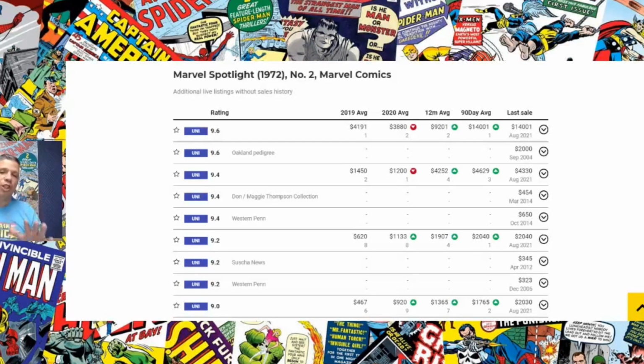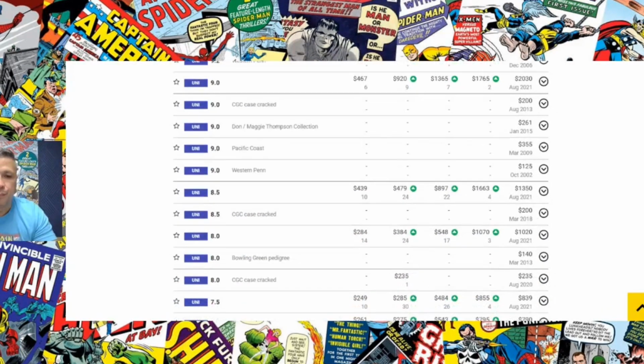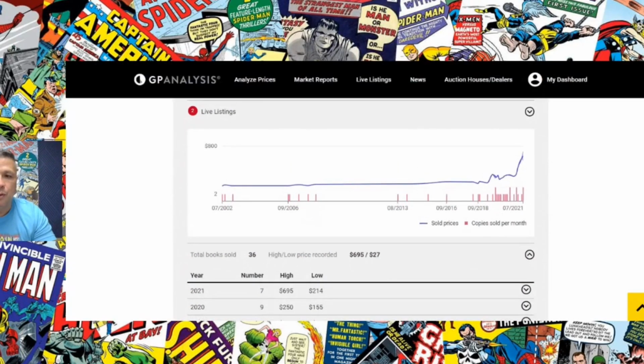I like that 6.0 range on this book. I think that's still affordable. You can get that at a show for a decent price. But let's take a look at what a 6.0 would go for right now if it was slabbed. All right, so here we go. So we're looking at a 6.0. And that relatively is going for about